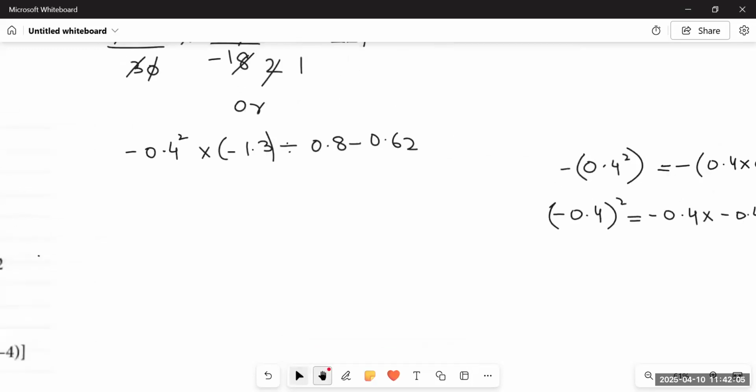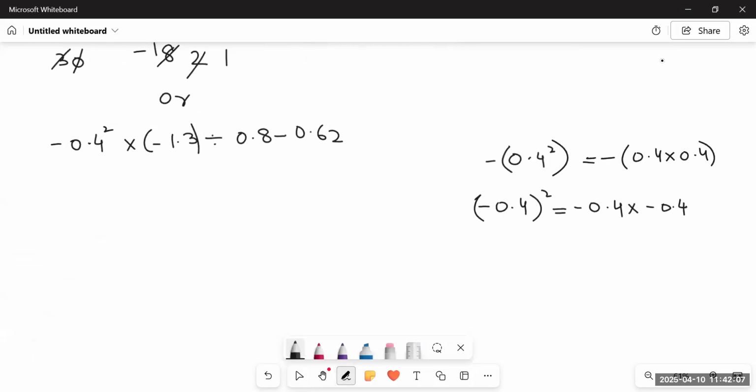What to do first? First, we are going to multiply 0.4 with 0.4. Instead of multiplying vertically using the multiplication method, you can simply multiply 4 with 4. The answer would be 16. And how many decimal places does it have? 2 decimal places. When you multiply 0.4 with 0.4, there will be 2 decimal places. So just put your decimal right here before the 2 places, so your answer would be 0.16. And when your answer is 0.16, you have to place the minus sign before it.